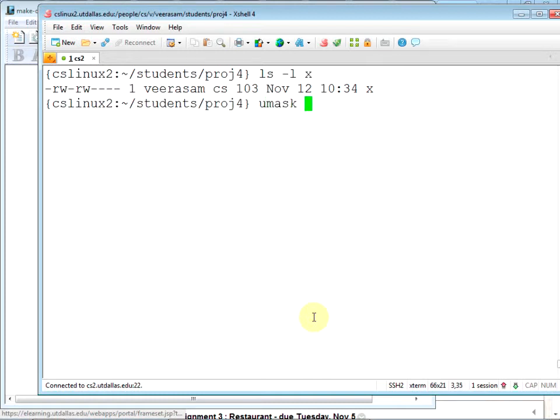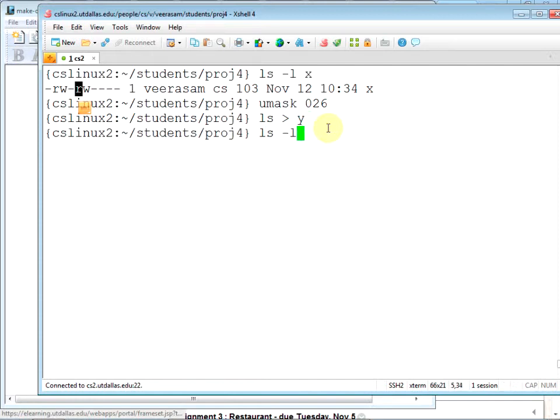In fact, let's do one more thing. 026. What do you think that will do? Two stands for what? That's the 1, 2, 4 position, right? Yes? Is it?